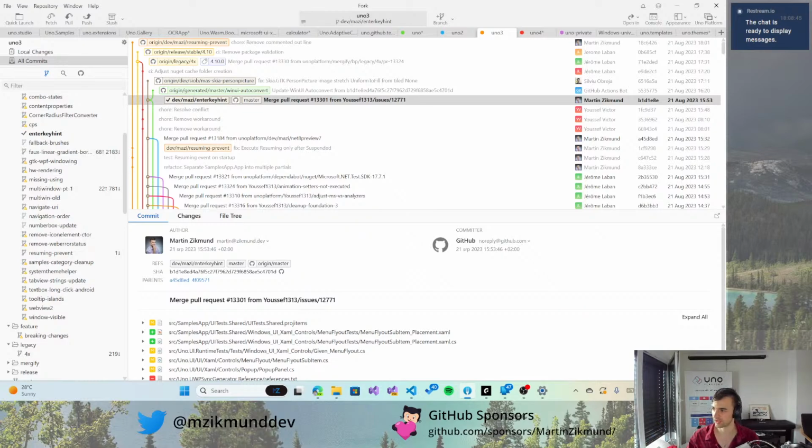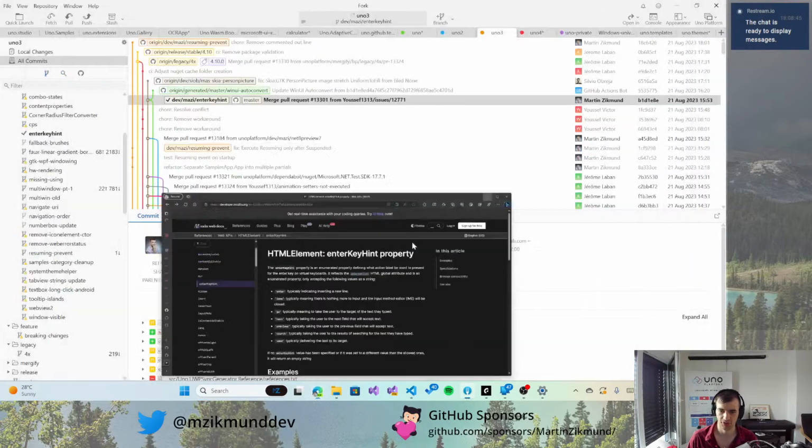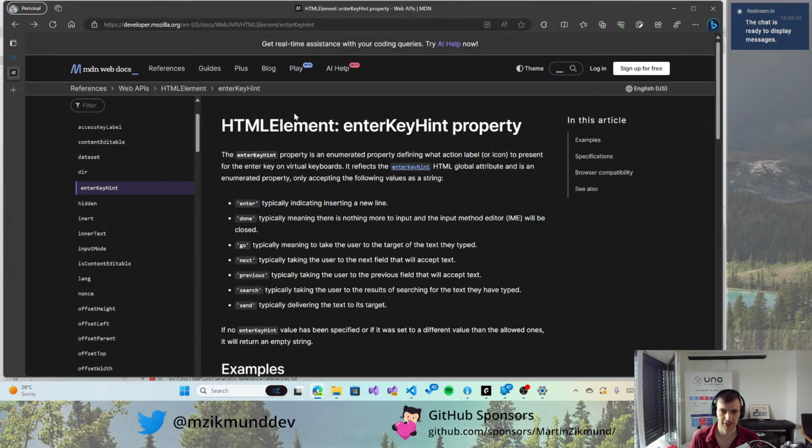Today it's gonna be quite short, so I thought it would be nice to do something very small that can be done in that window of time. So I picked something that I was eyeing for a longer time, which is the enterkeyhint property in HTML. This property allows you to adjust the behavior of the virtual keyboard on a mobile device, so that instead of the enter key, it shows you go or search or send or whatever you pick from this short list of enum values. And it's something we don't support yet,